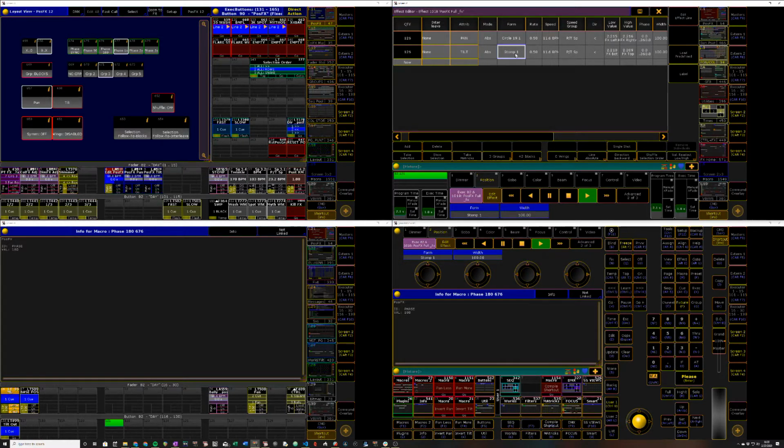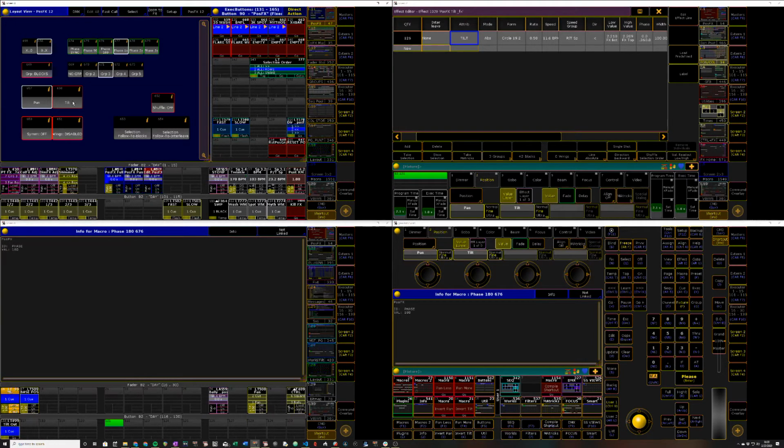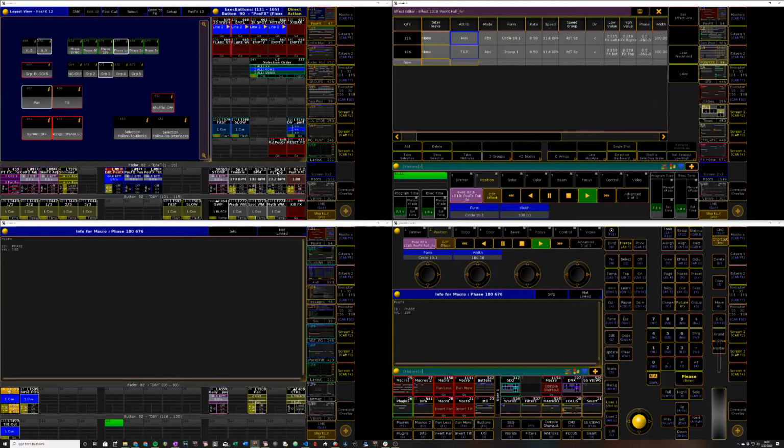You'll notice that these are set for a form of stomp. I tried it originally with a form of release, and that instead forced all of that parameter to its home position. So instead of just ignoring the effect line, it actually made it home straight down, which was not very helpful. So it's set to stomp, which means it will conflict with other effects if you are running this. And again, as I mentioned earlier, the pan and the tilt lines are not affected by the pan and tilt enable features over here. And just to show you that on the screen,